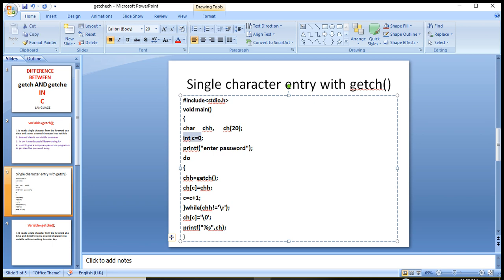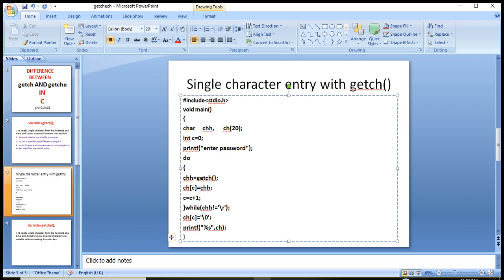One variable is chh and another variable is ch. And we have taken another variable c equal to 0. And then we have given the message enter password.